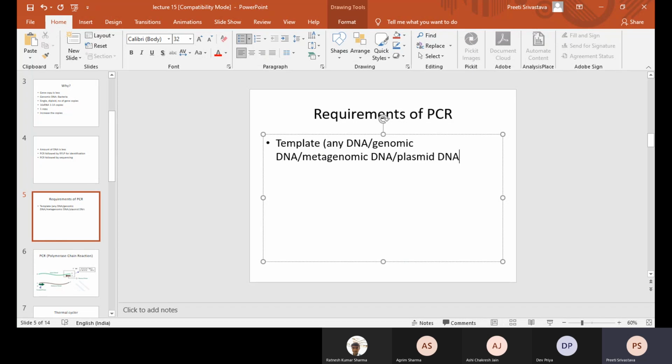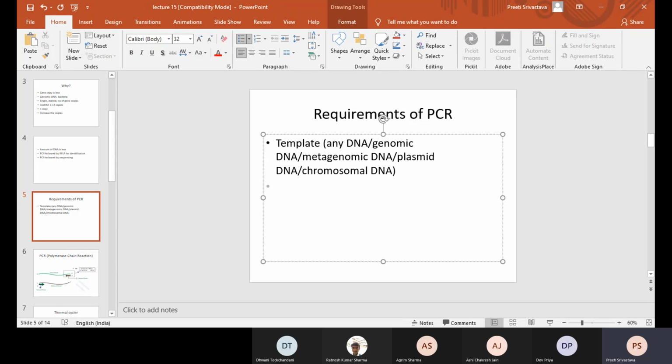It can be prokaryotic DNA or eukaryotic DNA. This is called a template, which contains the desired gene or desired DNA fragment or desired non-coding DNA which you would like to amplify.